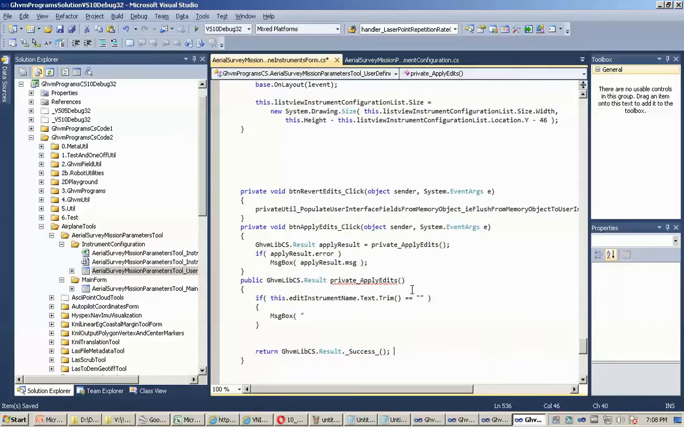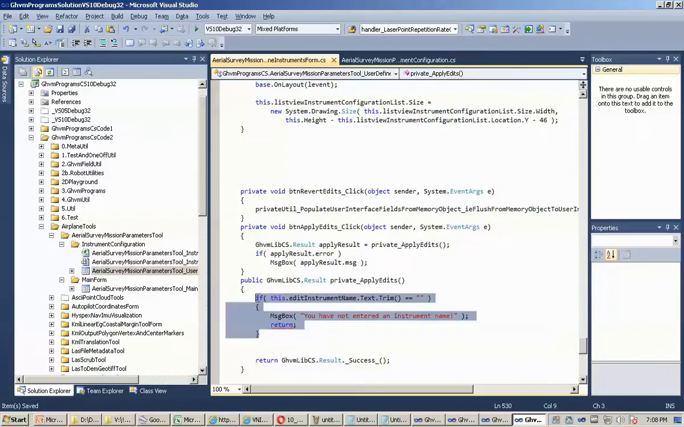I was about to do this test and say, if you have not entered an instrument name, then I'm just going to return. This was going to be something that happens when the user clicks the Apply Edits button. Or I could name this Validate Inputs or something. But anyway,